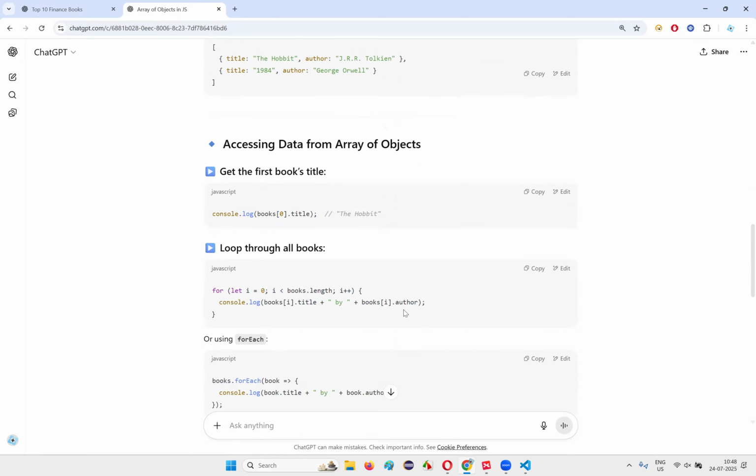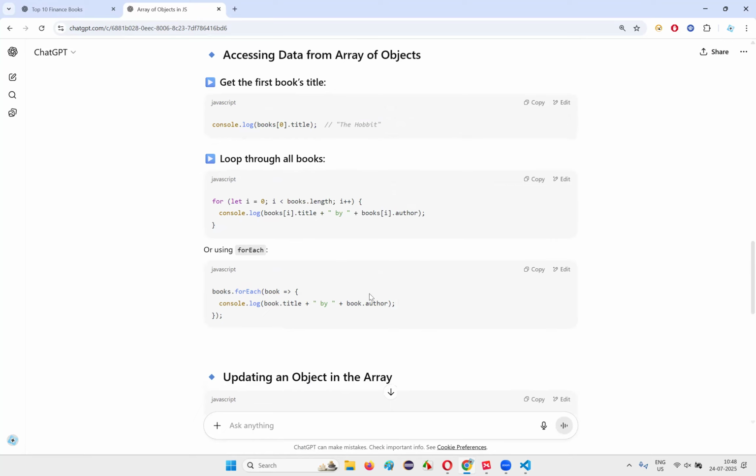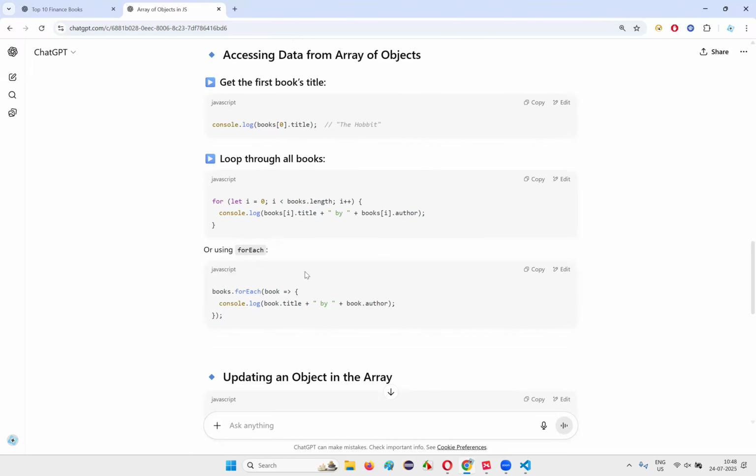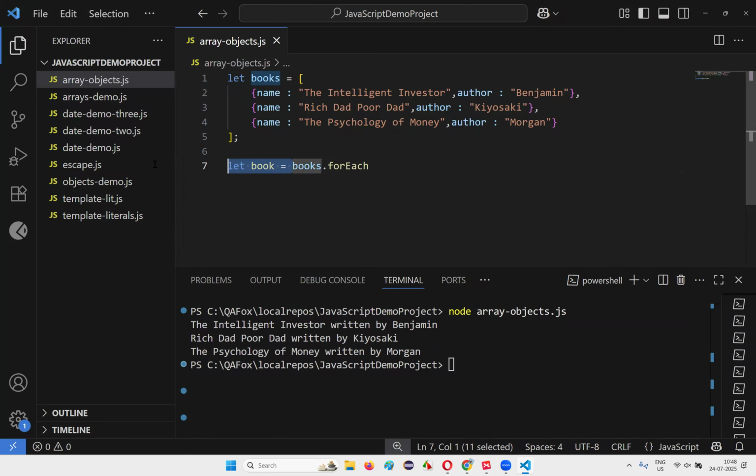Then how to use a traditional for loop. You can also use the forEach loop, guys. You can also use forEach for each and every book. You can iterate. For that, what you can do here is instead of writing like this, you can write books dot forEach. Let book is equal to, for each and every thing. Or you don't have to write anything here. Books dot forEach, and in this, for each and every book in this array, what I have to do,